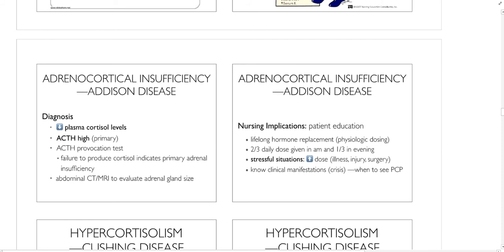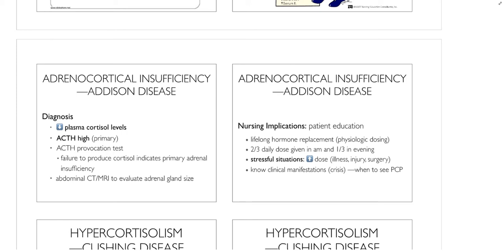Let's see here. All right, so diagnosis. We're going to check cortisol levels in the blood, and of course they're going to be decreased. If it's a primary issue, we're going to see that ACTH is high. If we check the plasma cortisol levels, which if we have some form of insufficiency, then the plasma levels are going to be low. But then if we check the ACTH levels and they're high,